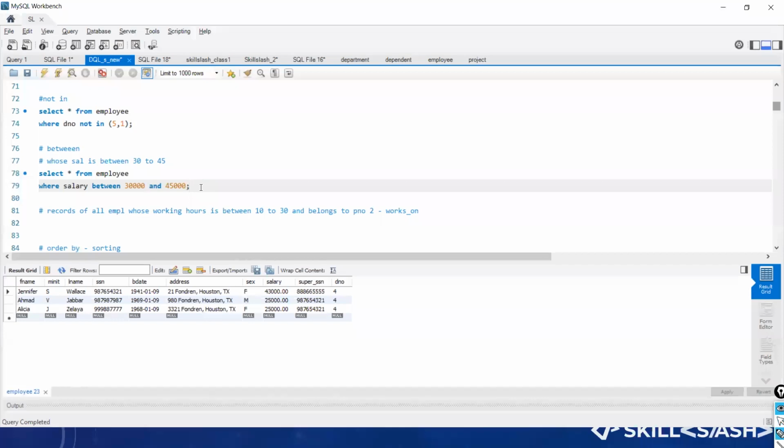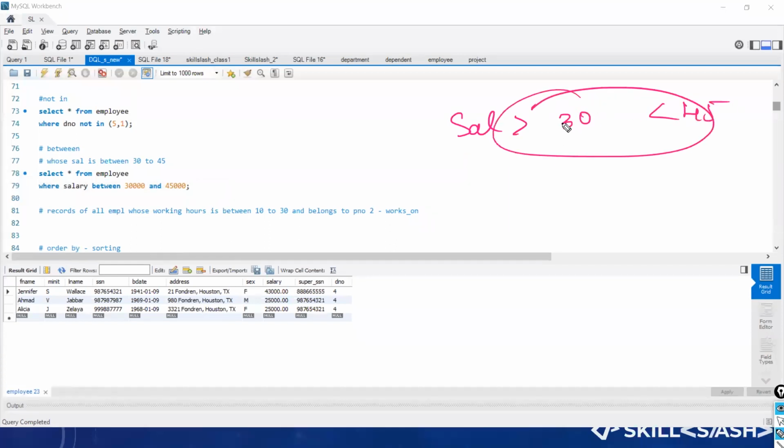Without the between clause, we used to write a query like salary greater than 30 and less than 45, which will give you the range, right? But we don't need to write multiple and clauses. Instead, we will write just between here. Whenever you have a range of numerical values, for example, you need to get all the employees whose salary is between 30 to 45. So select star from employee table where salary between, look at the syntax, 30,000 and 45,